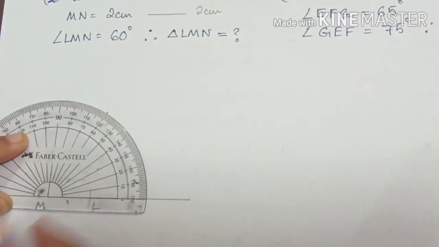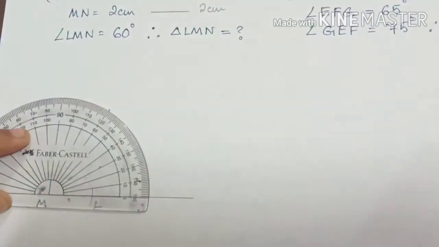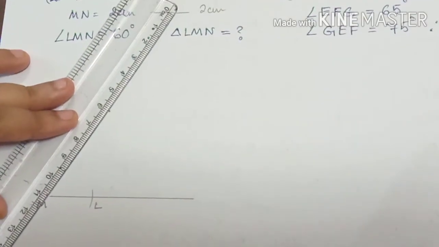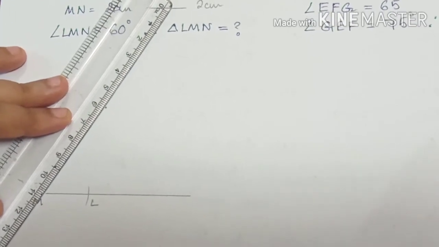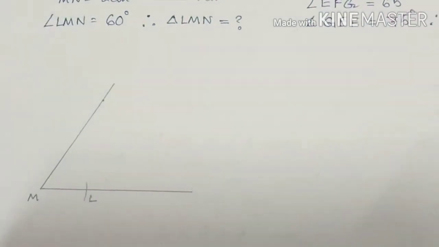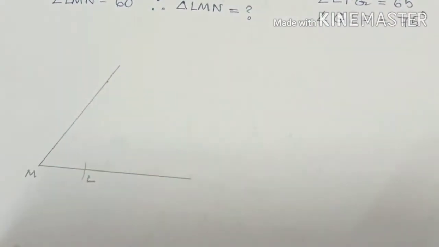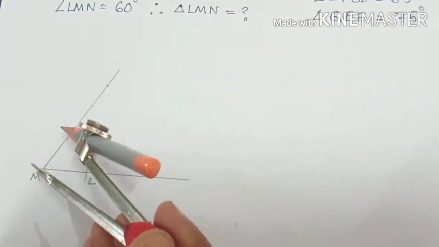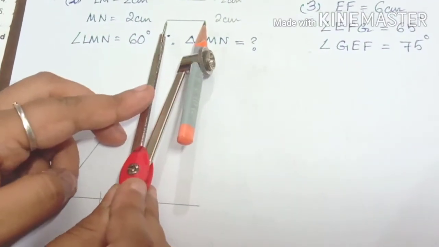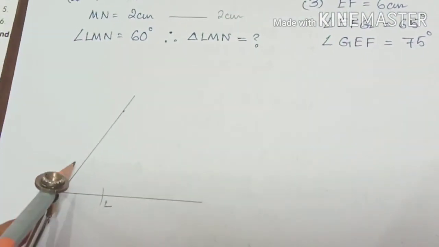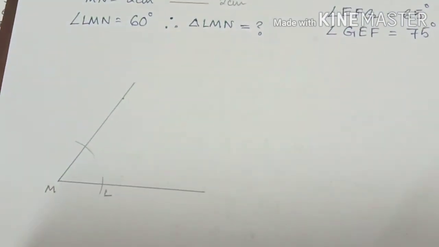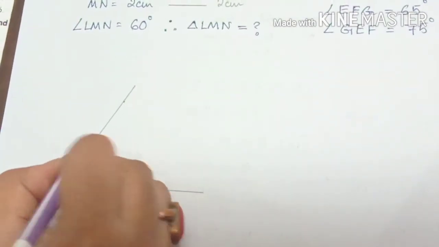Alright, so I have taken one dot out here exactly at the 60 degree. Now what we are going to do is join this point and the end of the M and take a straight line, and we don't know the size of the straight line. Now exactly after taking the same size of MN, we are going to take another incision by putting the sharp edge at the M. Okay, so this we are going to name as N.